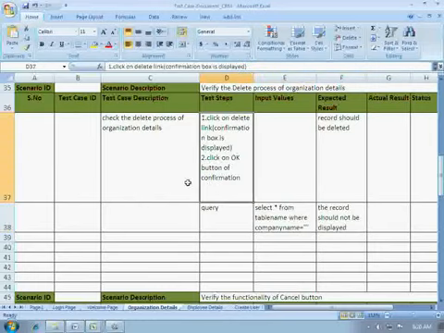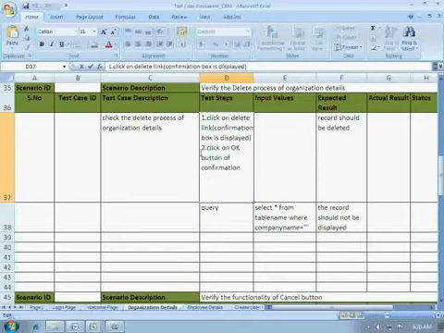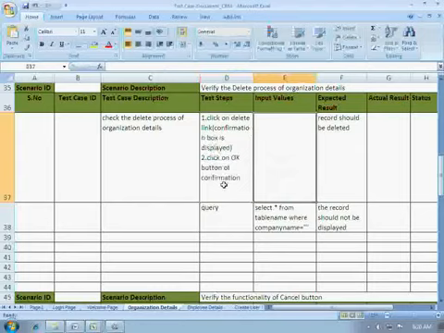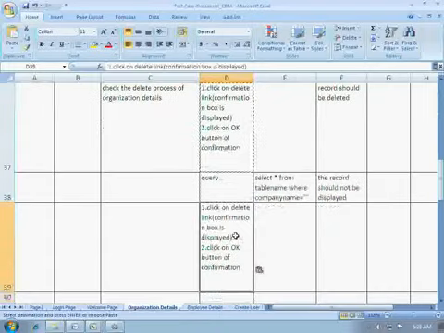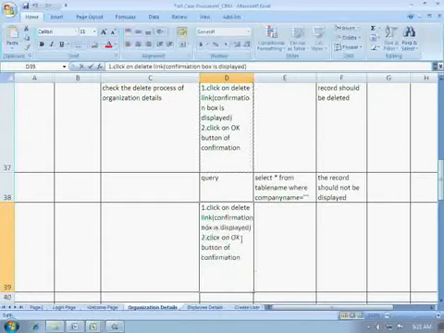Again, here we had a confirmation box. When the confirmation box appears, the user will have two options: he can click on the OK button or he can click on the cancel button. So what happens if he clicks on the cancel button?